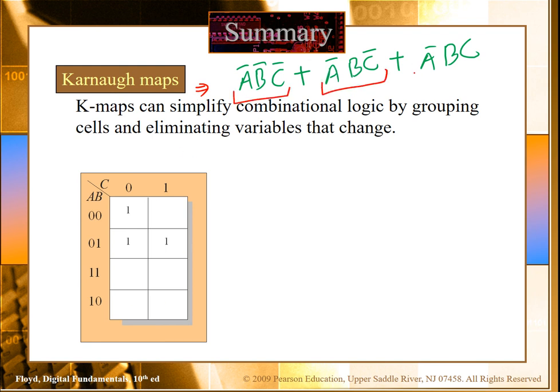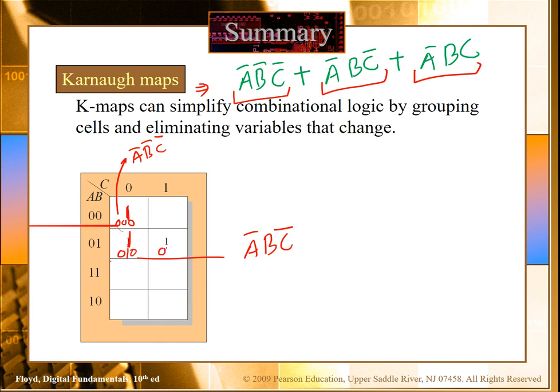and wherever this product term appears in the table, we mark it. The first cell is 0 0 0, in other words A bar B bar C bar. So this cell refers to this product term, and I will just put 1 here. The next product term is A bar B C bar. If you look here, this is 0 1 0, or A bar B C bar. Sorry for saying cross, that is bar. So this cell represents this term, and I will put 1 here.